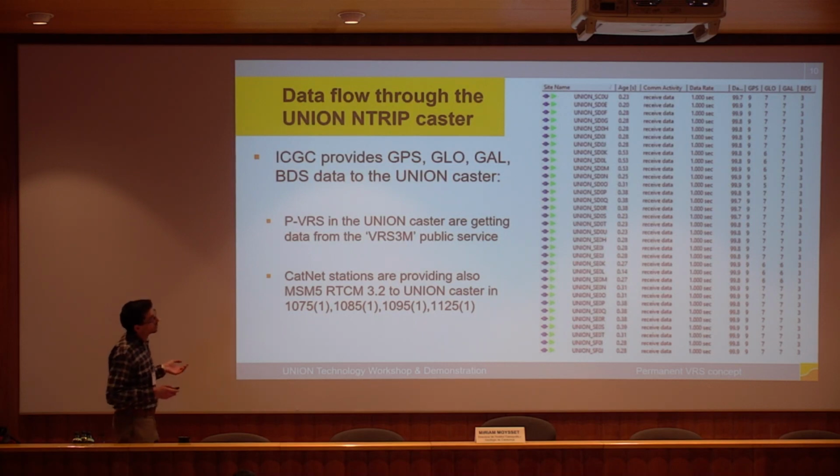This is just to give you an example of what we are having with the Union permanent virtual reference stations. You can see here the age of the data. All the data provided to users is below 1 second. In fact, it's below half of a second. This is the availability of data. Nearly